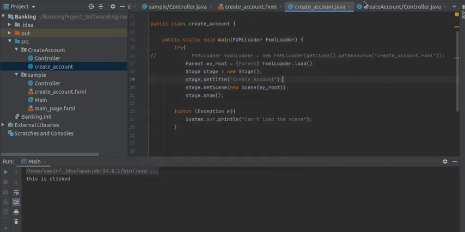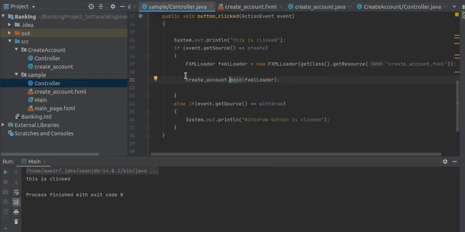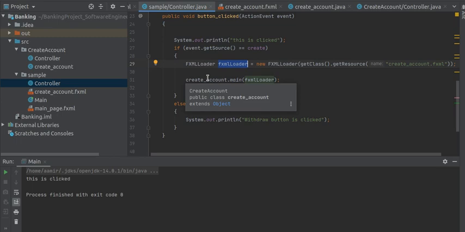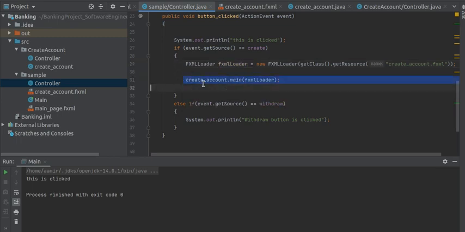Now let's explain how it works a little bit. When I press the create button, as you can see in the main controller, this area is called. In this area another fxml file is loaded into that object, and I send this object. Instead of working on this in this area, to make my code a little cleaner, I have called the class which is present in create account, and the controller of this file is also present there, so I want to work on this file there.